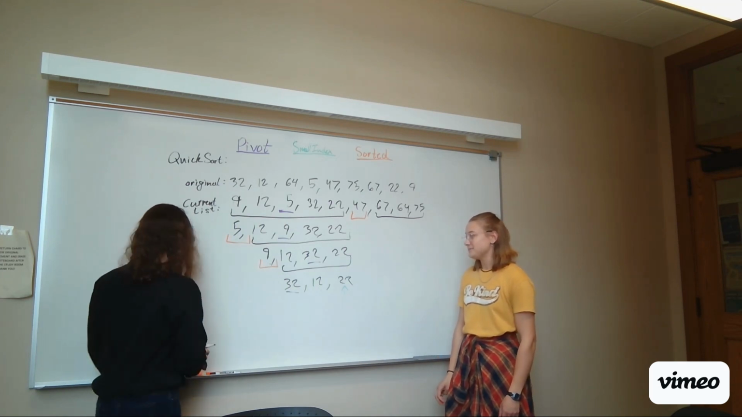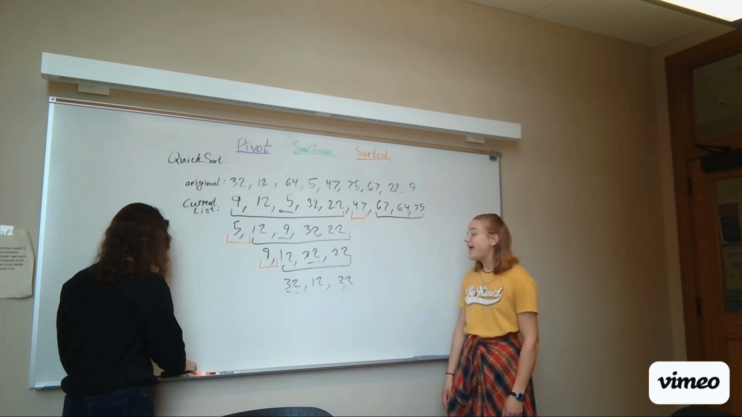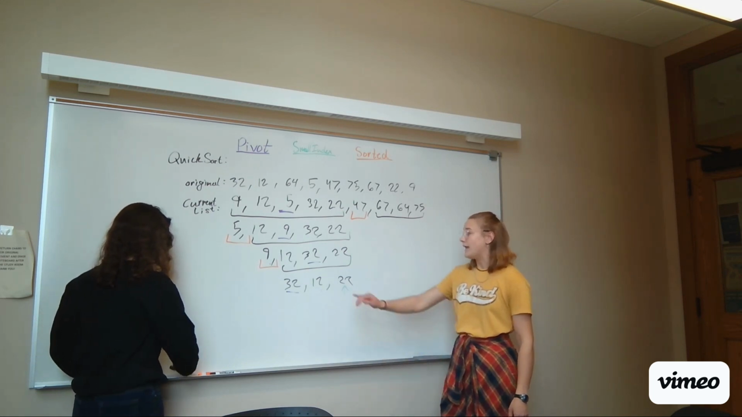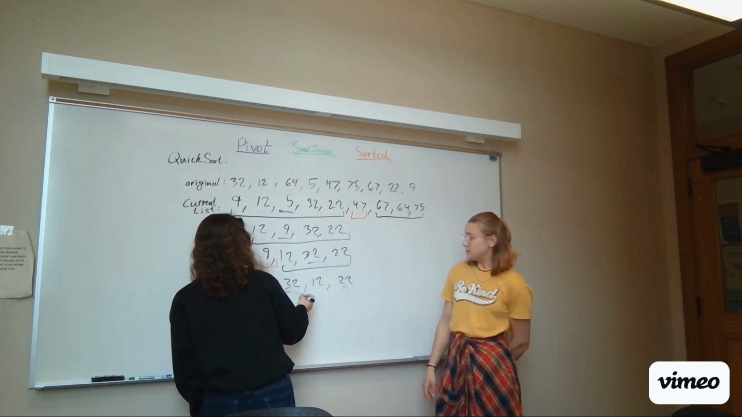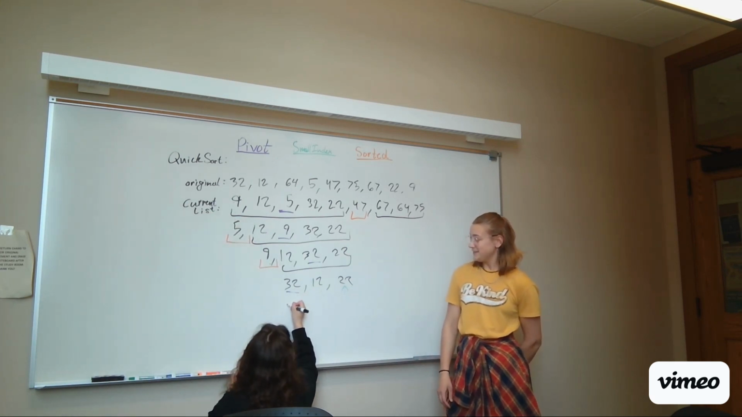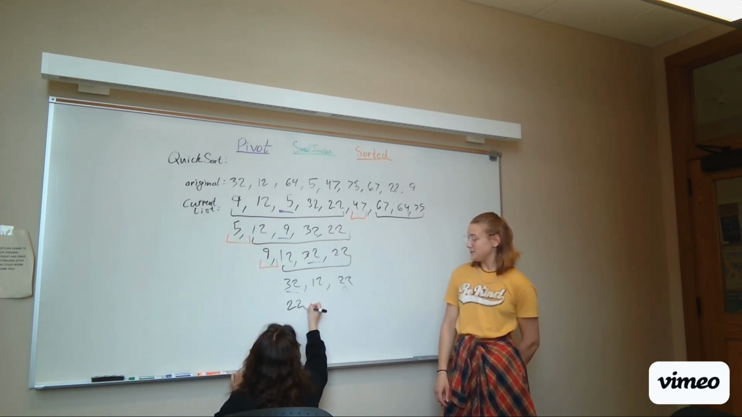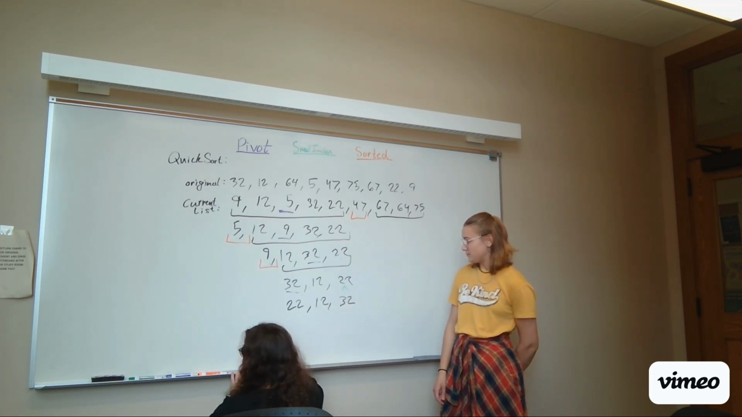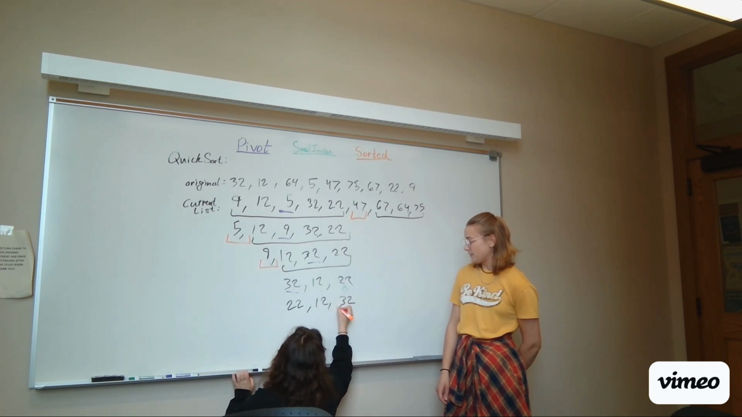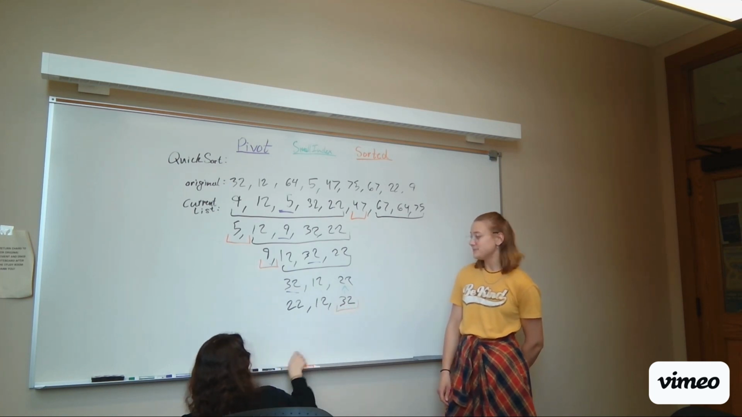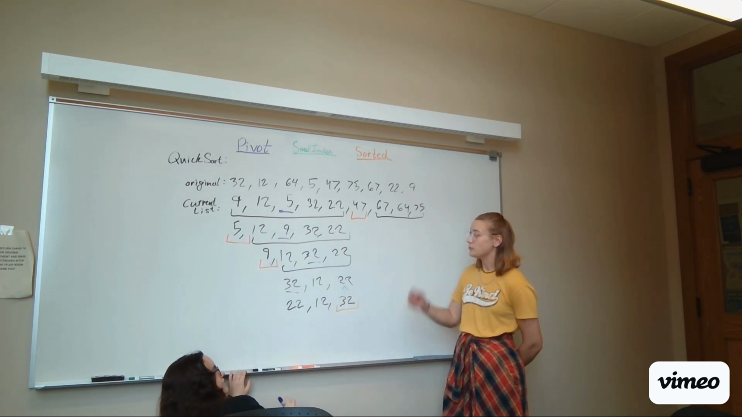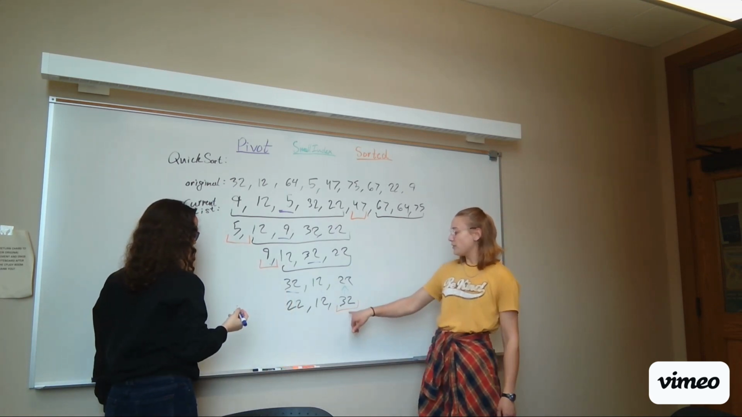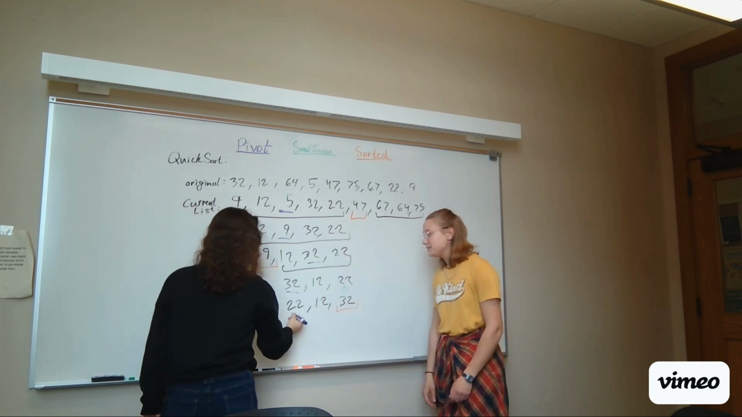And then now we know we switch pivot and smallest. 12, 32. So 32 is in the correct place where it's supposed to be. Alright, keep going. Now that we know that 32 has been sorted, we make our list smaller,